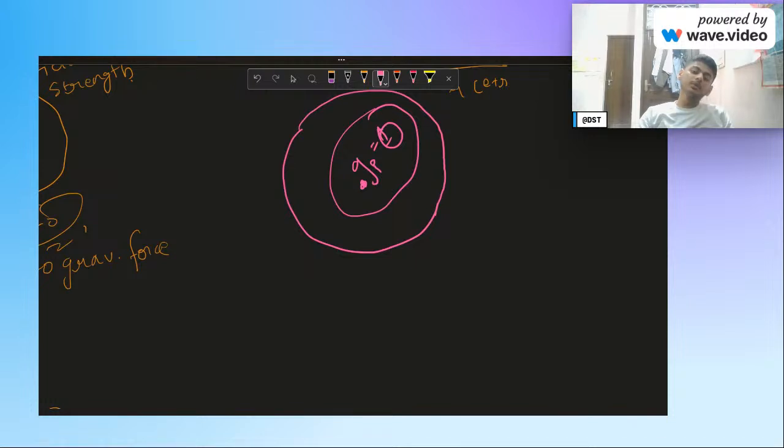Why will it be zero? Because for all masses dm, applying force F on this, there is another opposite mass dm at the same distance that will again apply a force F on this, that will make the net vector